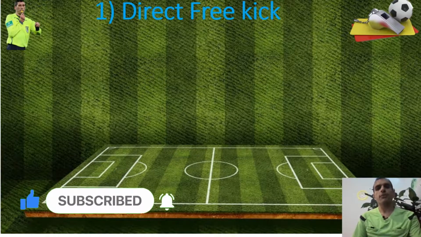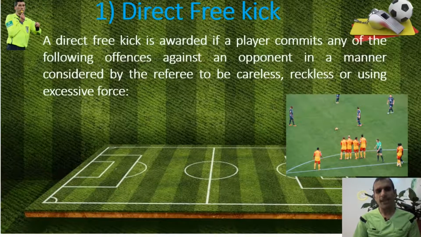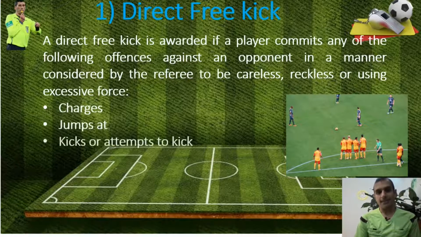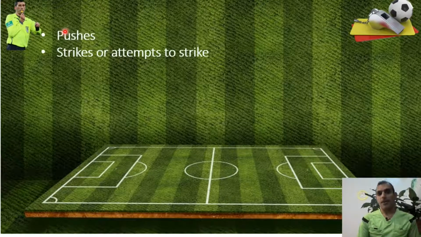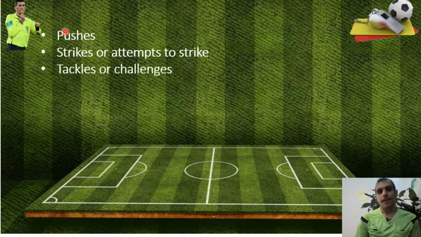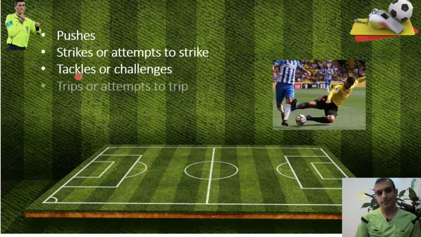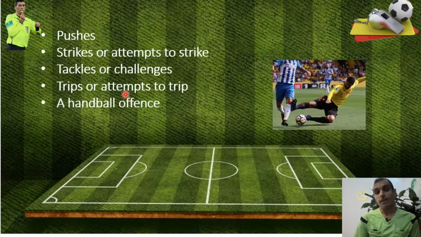Now I would like to start with direct free kick. A direct free kick is awarded if a player commits any of the following offences against an opponent in a manner considered by the referee to be careless, reckless, or using excessive force: charges, jumps at, kicks or attempts to kick, pushes, strikes or attempts to strike, tackles or challenges, trips or attempts to trip, a handball offence,